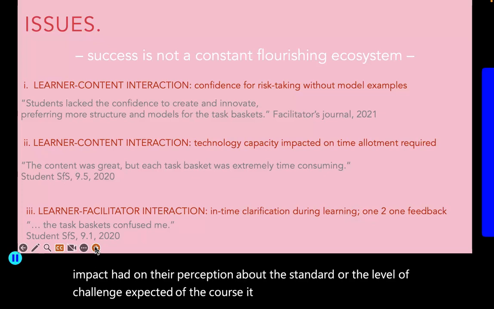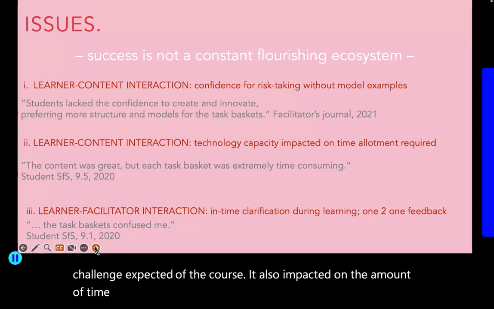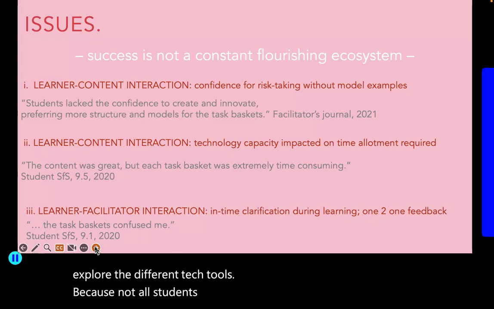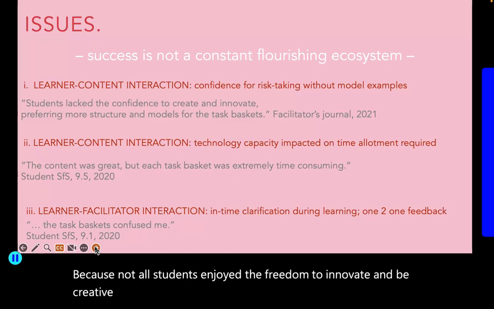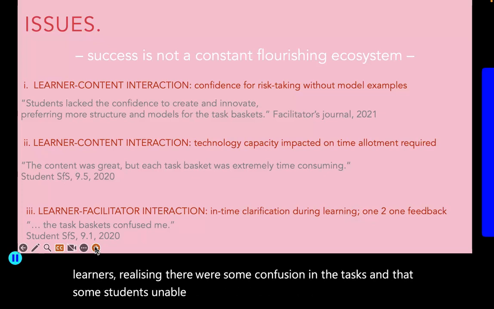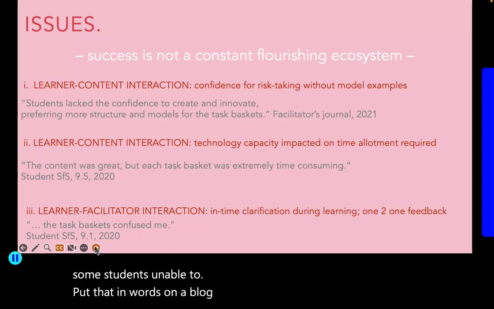It also impacted on the amount of time that the students took to complete the tasks and to explore the different tech tools. Not all students enjoyed the freedom to innovate and be creative, and this looseness created degrees of comfortability for learners, realising that there was some confusion in the tasks and that some students unable to put that in words on a blog were struggling.